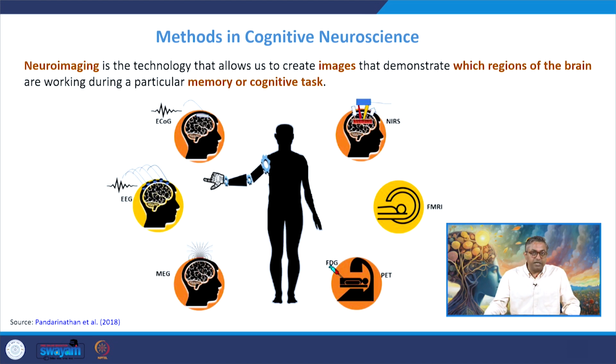What you see on your screen are the most commonly used neuroimaging methods in the discipline of cognitive neuroscience, to name a few: EEG, electroencephalogram or encephalography, near infrared spectroscopy, functional magnetic resonance imaging, PET, MEG, and etc. Now, these methodologies we will be covering in detail. In addition to these, we will also be looking at some neurostimulation procedures which seem to have potential therapeutic aspects with respect to pathological learning and memory.